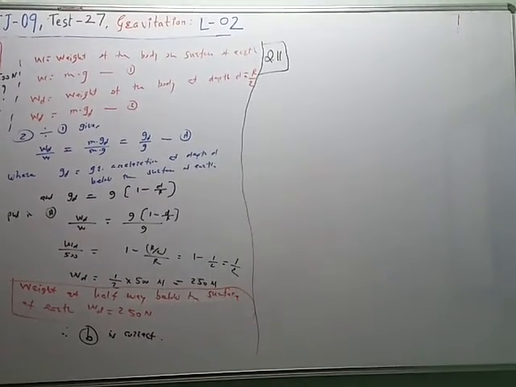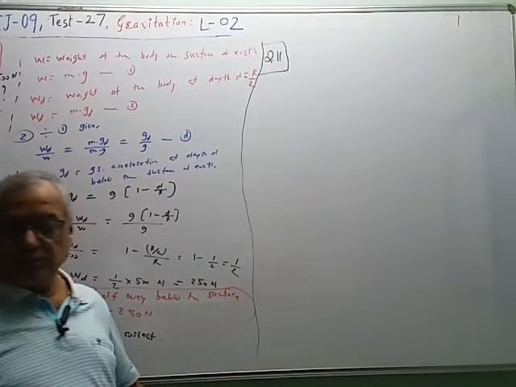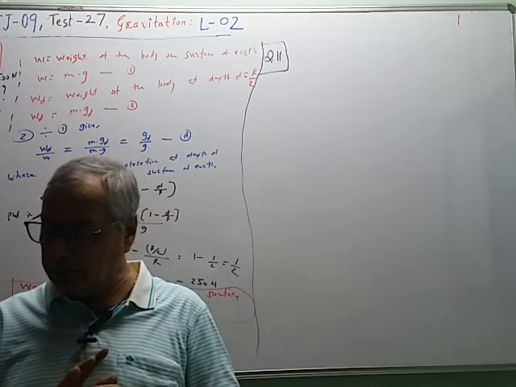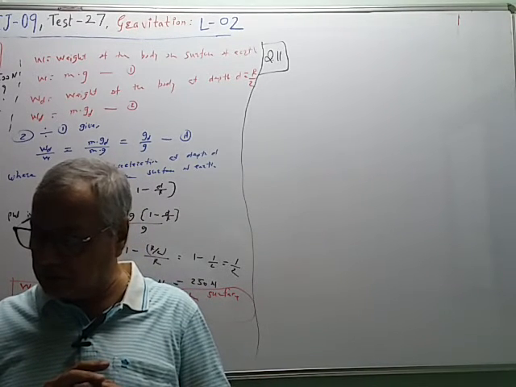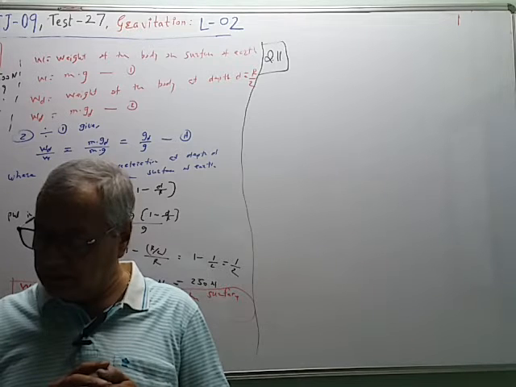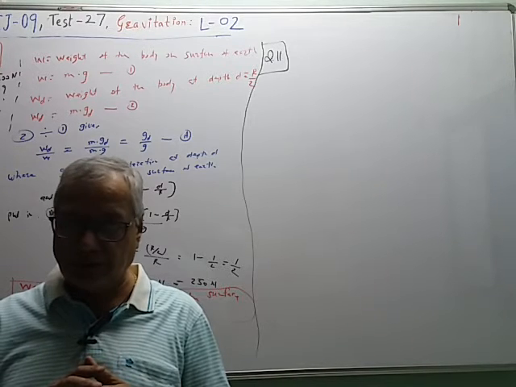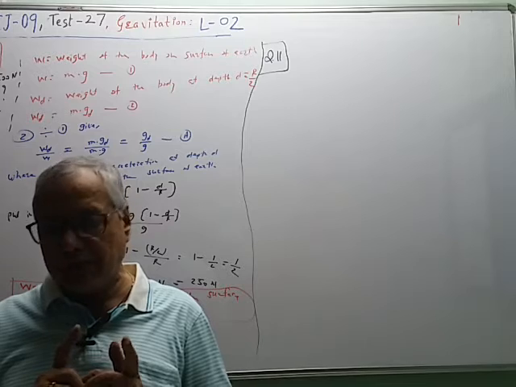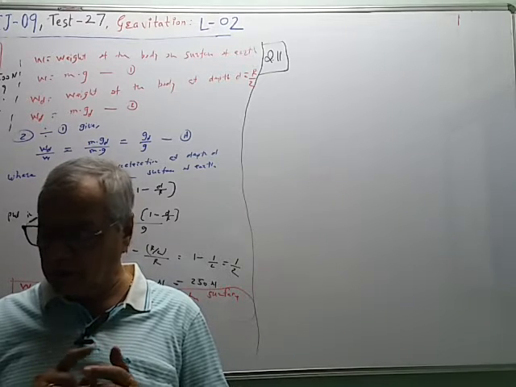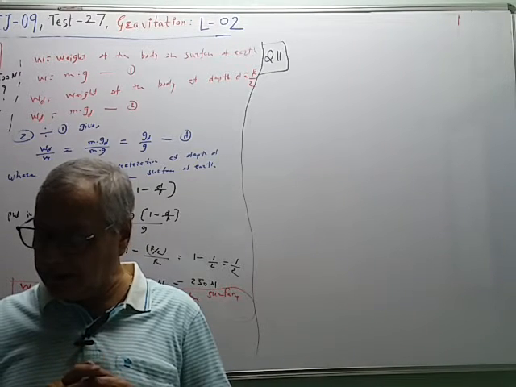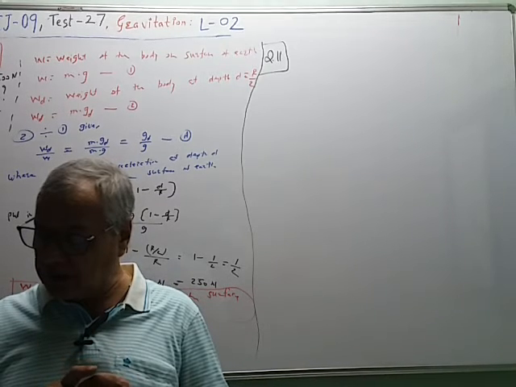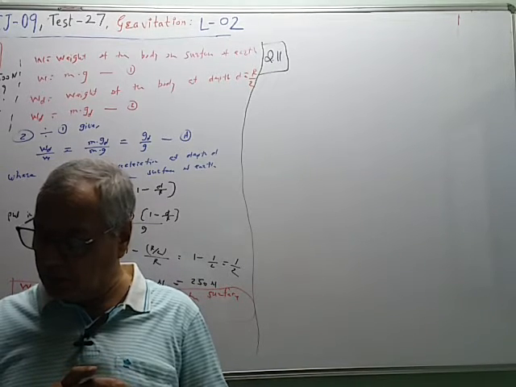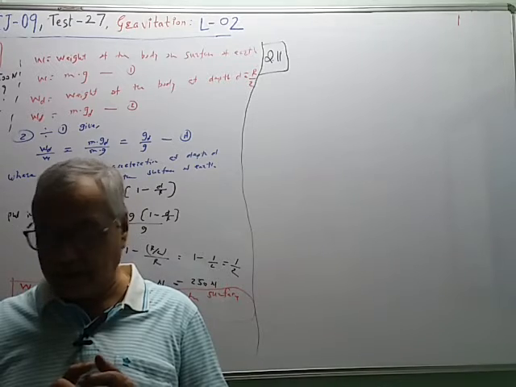Question number 10 we have already taken in the last session. Next, question number 11. A man starts walking from a point on the surface of the earth, assumed smooth, and reaches the diagonally opposite point. So it is not a diagonally opposite point, it is a diametrically opposite point. So we make the correction. Diametrically opposite point. What is the work done by him? 0, positive, negative, nothing can be said.